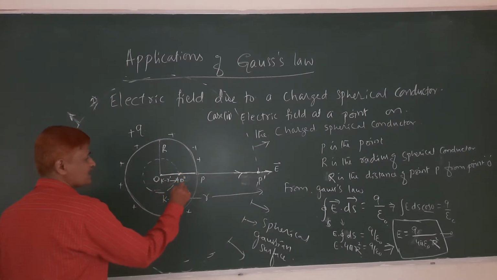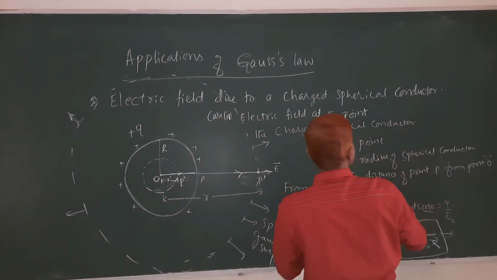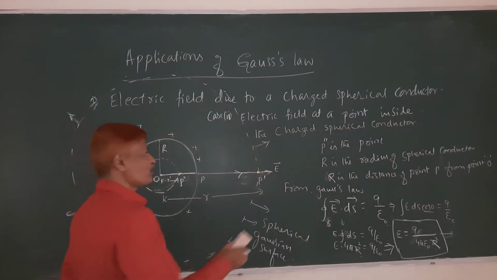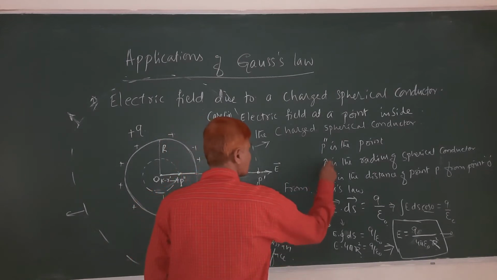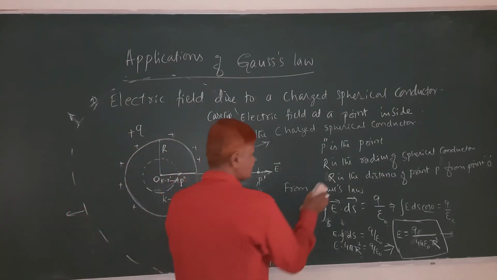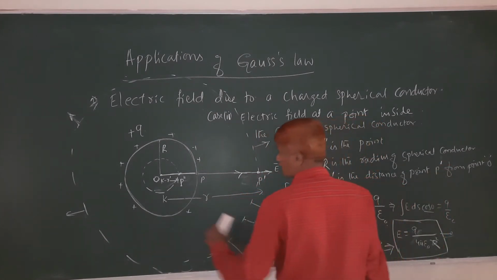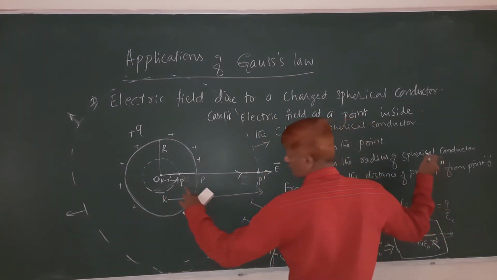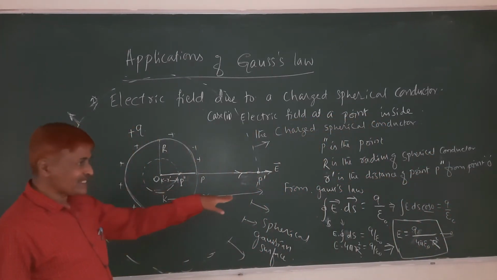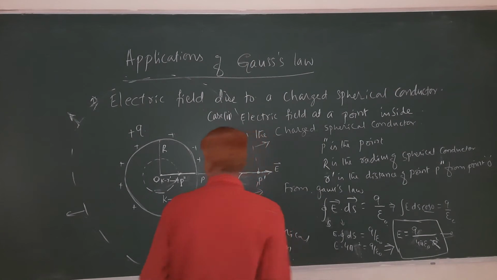Now I consider P double dash as the point inside the spherical conductor. R is the radius of the spherical conductor, and R dash is the distance of point P double dash from O. From Gauss's law you can write the same. This becomes 4 pi, because now